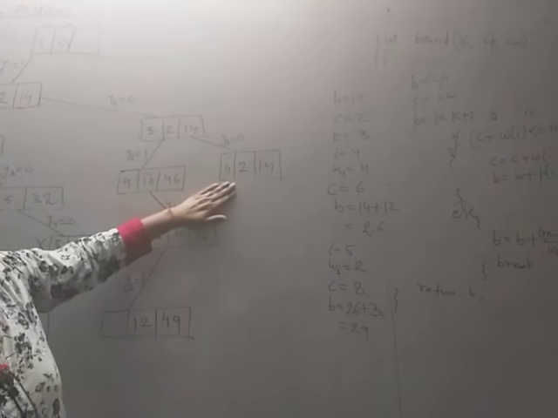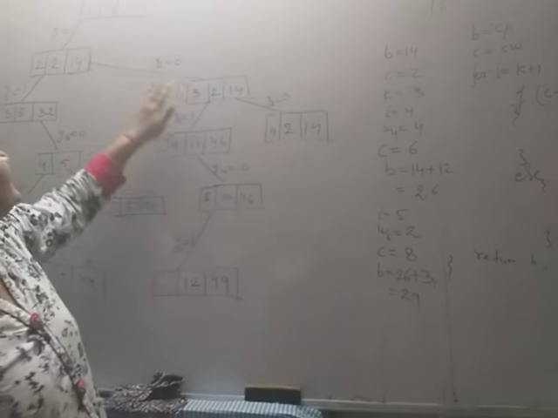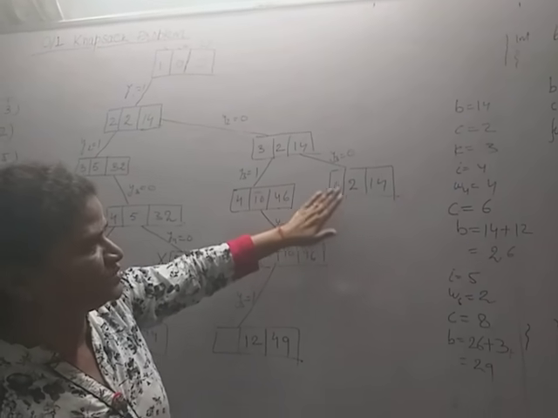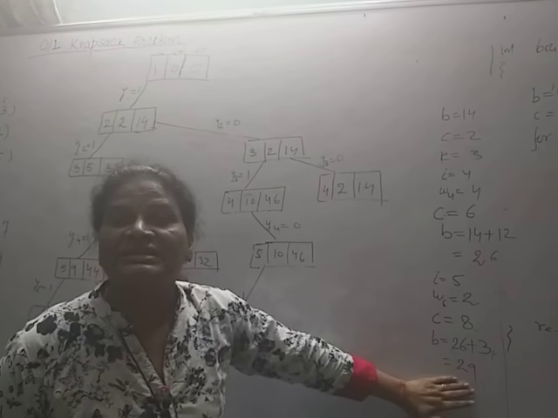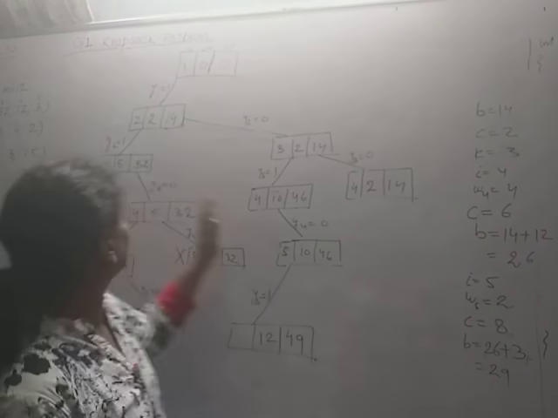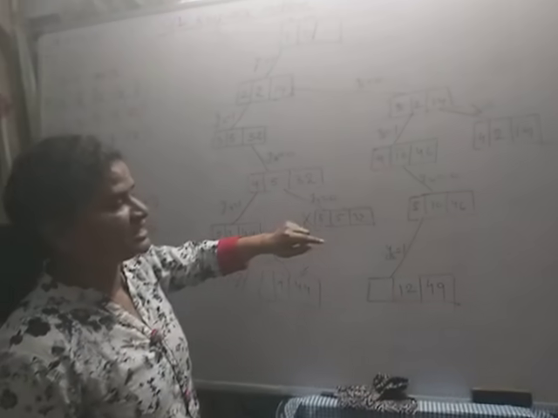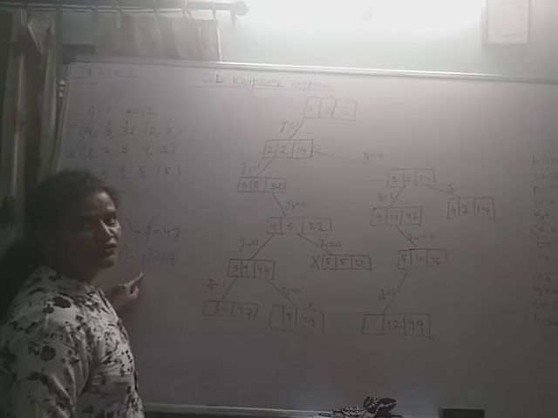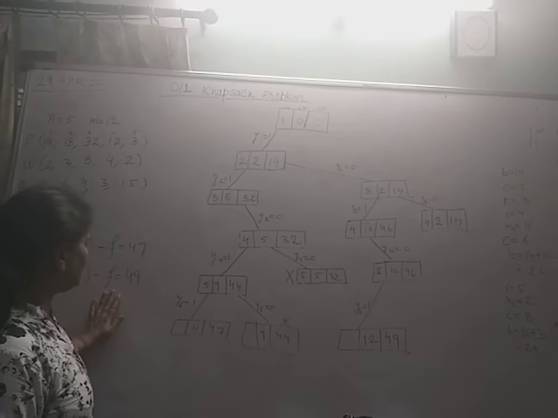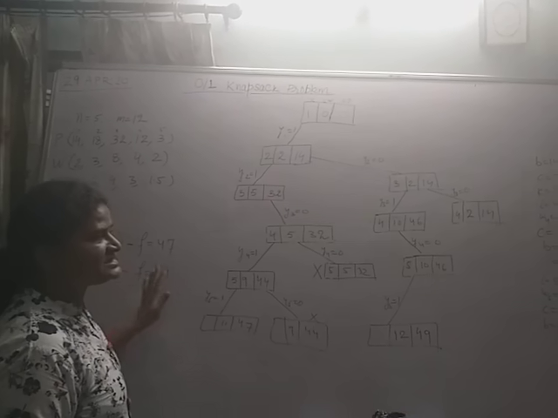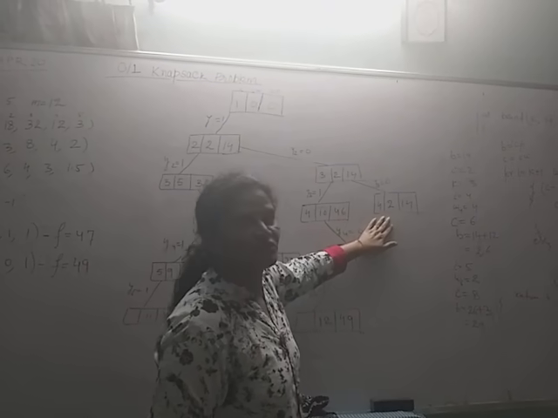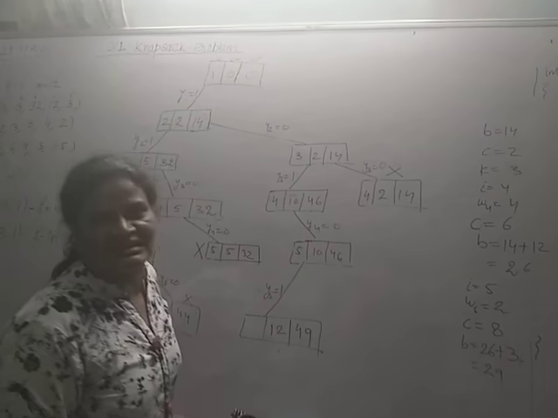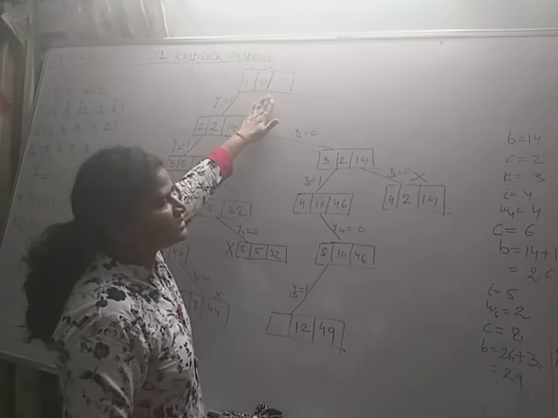So if we move in this way, where the first weight is included, the second weight is excluded and the third weight is included, what profit am I getting? 29, by including the fourth weight and fifth weight, and which is less than this profit, F equal to 49. So here this is not going to give the better solution. So this node is killed. Okay. Now come to the root.